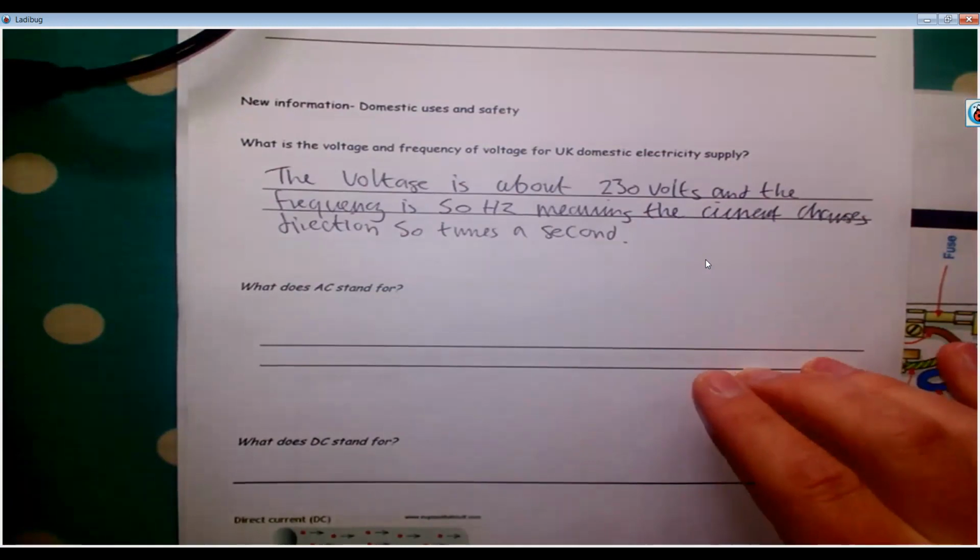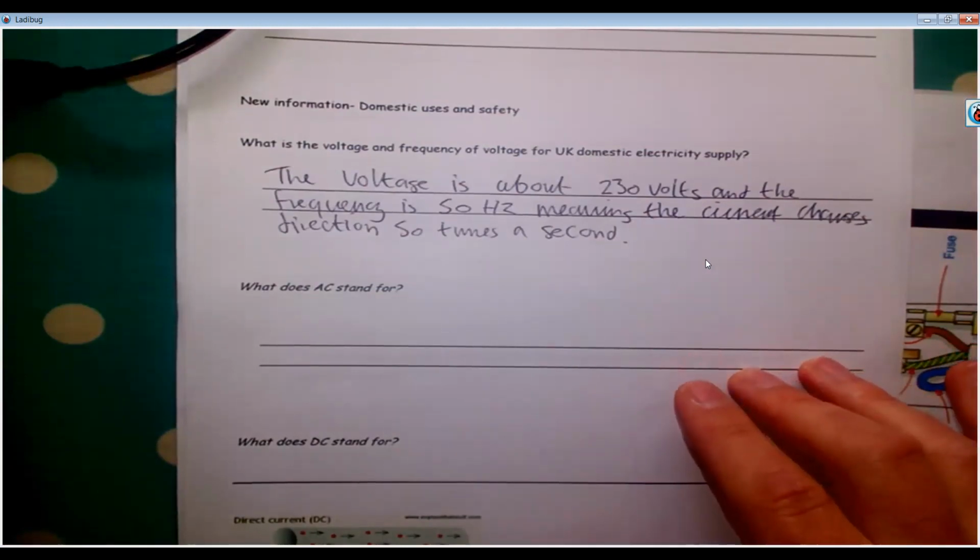So that's our normal mains voltage. It's going backwards and forwards 50 times a second,